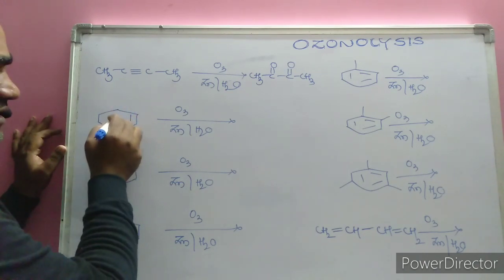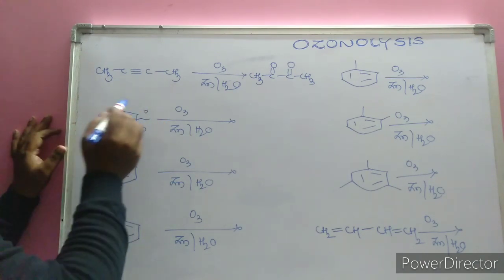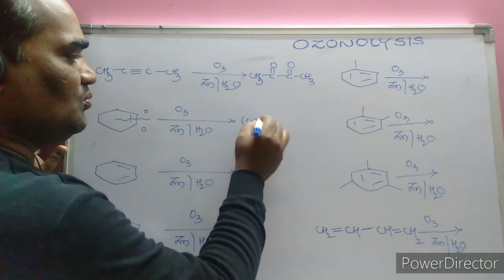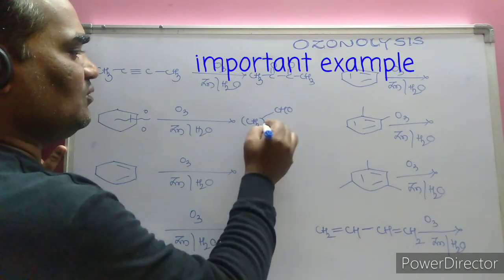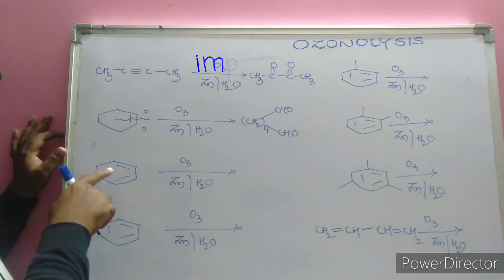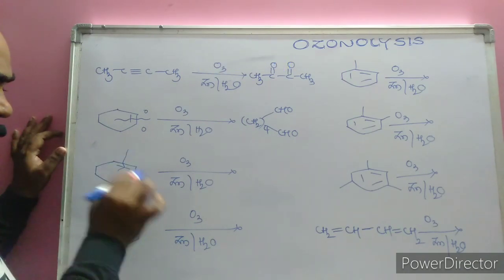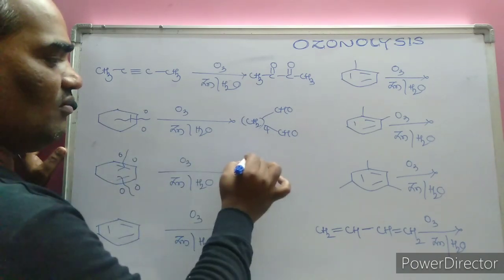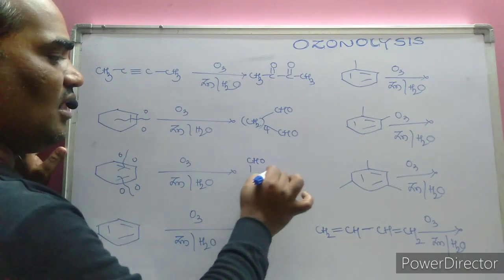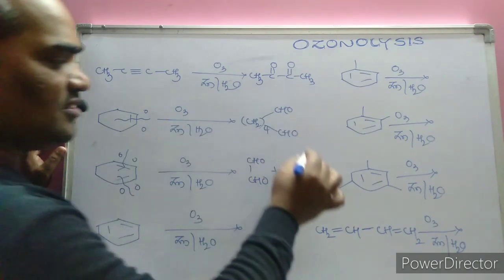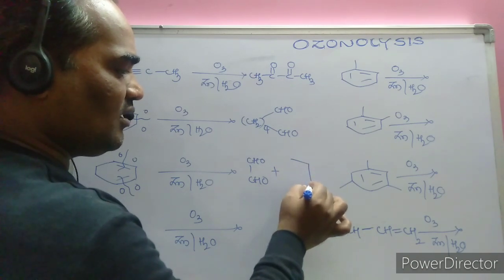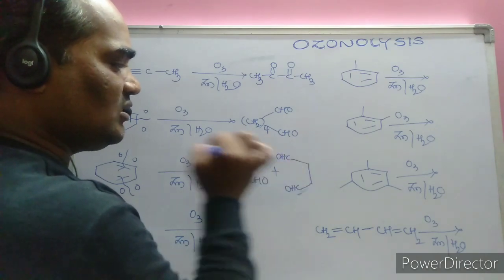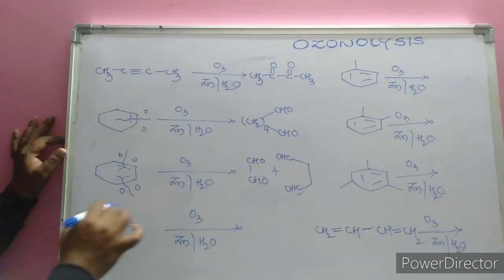Here cyclohexene is given. Simply break the double bond. How many carbons? 1, 2, 3, 4, 5, 6 carbon atoms are present. Here I am writing CH2 taken 4 times. Here is a CHO and here is also CHO. Here how many are there? Two different ones are there. Here is the double bond. Write the oxygens to the respective carbon atoms. Here the 2 carbon containing one, what do we call that? Glyoxal. Another one is 1, 2, 3, 4 carbons containing one. Here is a 4 carbon containing one. CHO and here is also CHO.